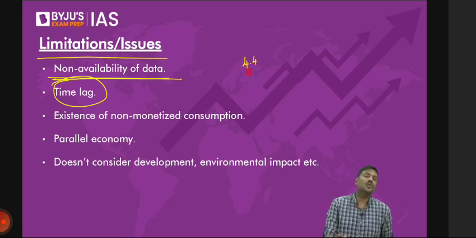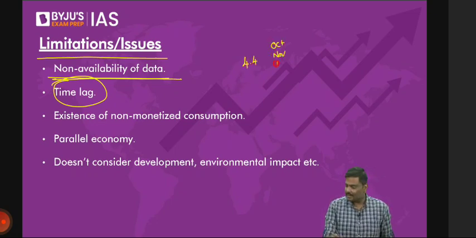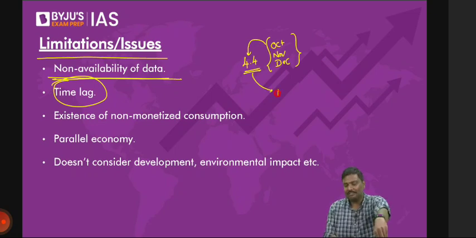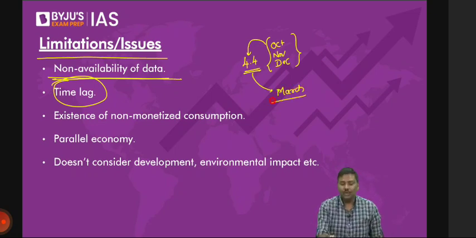October, November, and December. For the third quarter, India achieved a GDP growth rate of 4.4%. Now, when did you realize that we have achieved a GDP growth rate of 4.4%? When did you realize it? You realized about it in the month of, let's say, March. So understand this carefully. You came to know that you have not performed very well after 3 months of performance.